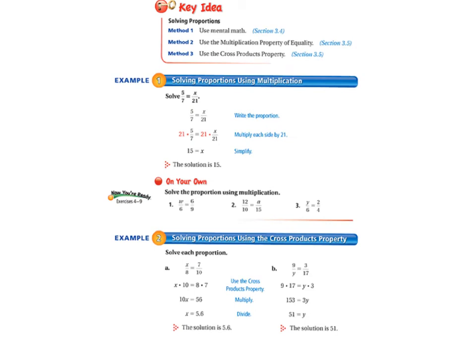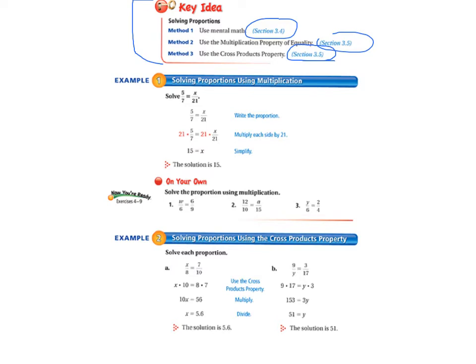At the top of the page is the key idea, which reminds us where we've learned our different methods for solving proportions. Method 1, using mental math, we learned in section 3.4. Using the multiplication property of equality, we'll be learning in section 3.5. And use the cross products property we learned in our activity of lesson 3.5. So that's where you can go back and look at your notes to see where we covered different methods for